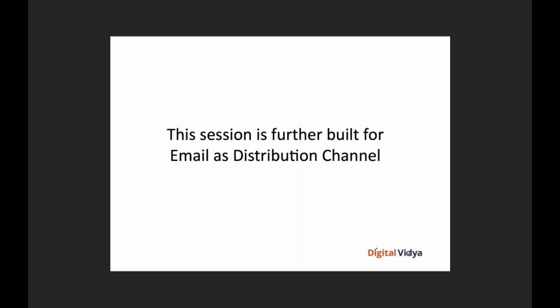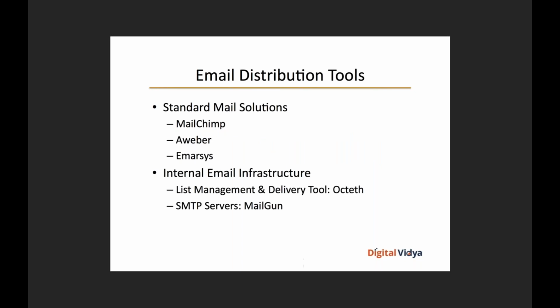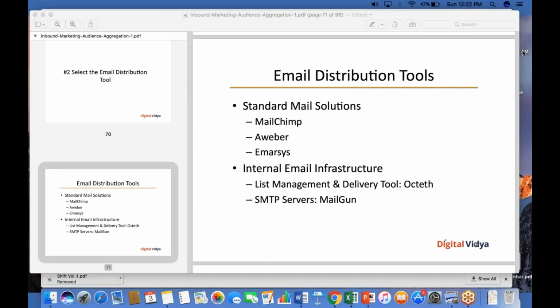So now what we're going to do over the course of the rest of the presentation is to focus purely on email as a distribution channel and as a channel for engaging and nurturing audiences. There are separate sessions scheduled on social media marketing. So for now, the focus is email as a distribution channel alone. The first thing which you need to do is to select your email engagement platform. And there are several great platforms out there. MailChimp is the global leader. There's no doubt about it. There's no argument around it. MailChimp is the single biggest email platform which is out there.